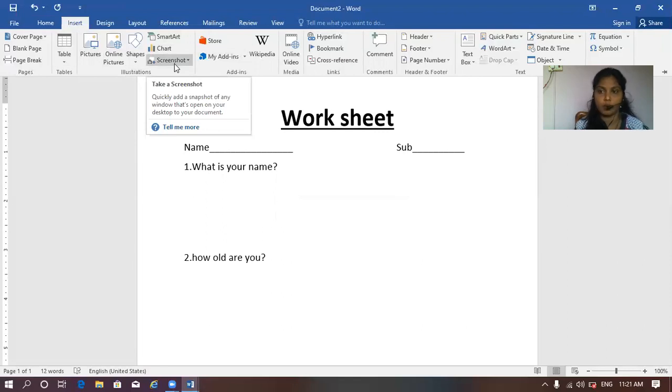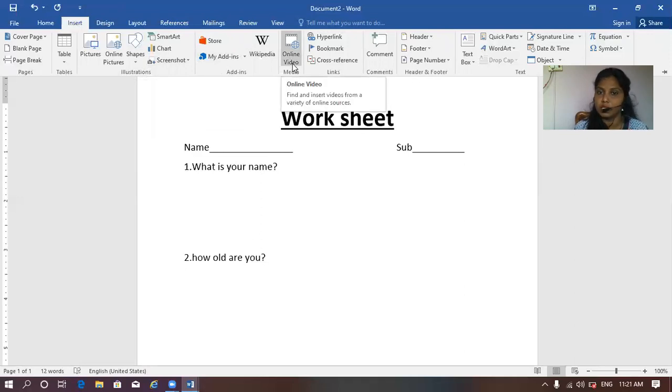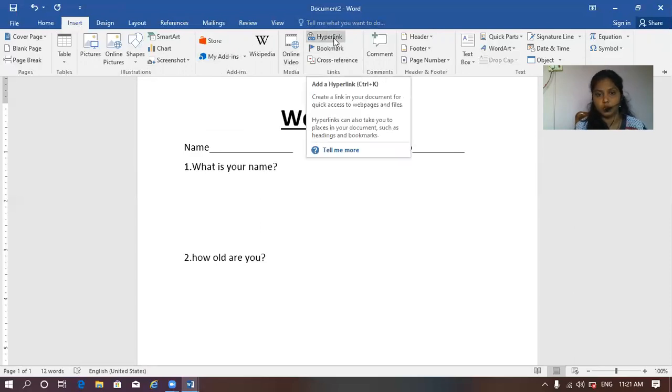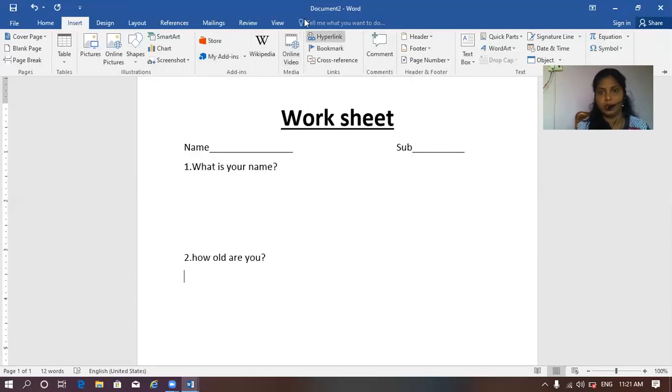Whatever you have made or placed on the screen, like in Paint, you can take a screenshot of it. Some online videos also you can connect with a link. And hyperlinks: sometimes we provide links, so you can copy and paste the link here, so that the link can be connected with MS Word.